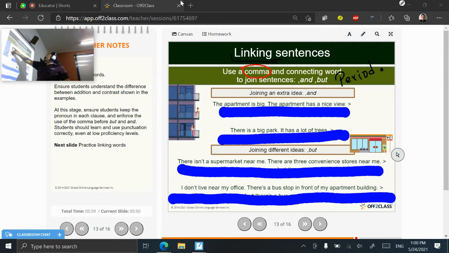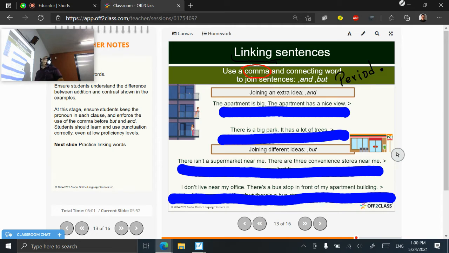The apartment is big. So that's one sentence. The apartment is big. And we have a second sentence that says, the apartment has a nice view. The apartment has a nice view. So we have two sentences together. Let's put them